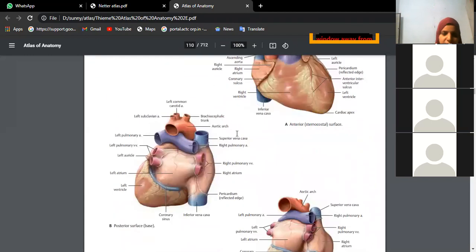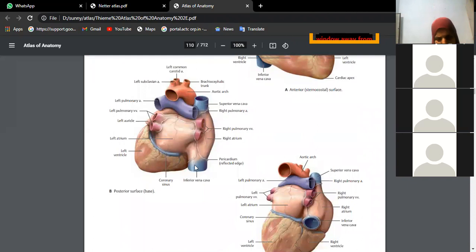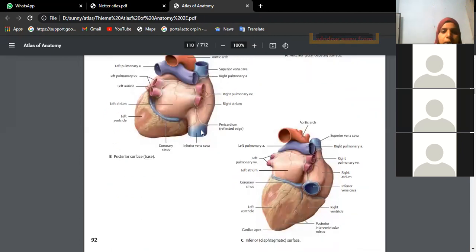When you see from the anterior aspect, then this is the posterior surface. Now here you will see the left atrium more clearly. Four set of veins are opening: two superior pulmonary veins and two inferior, two right and two left. Then right atrium is still clearly visible with the superior and inferior vena cava openings. This big venous channel of the heart is the coronary sinus.